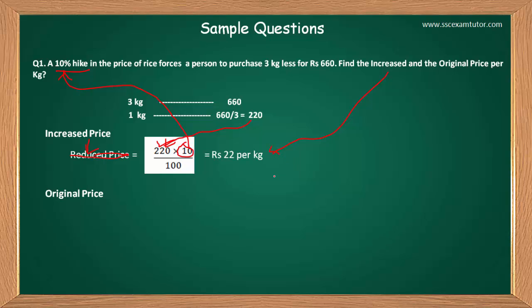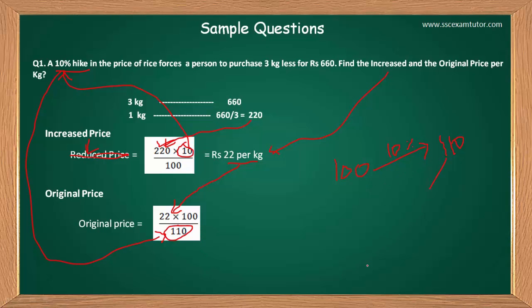अब जब ओरिजिनल प्राइस पूछा जाएगा तो आपको ये इंक्रीज प्राइस पहले निकालना होगा और ये यूज करना होगा ओरिजिनल प्राइस के लिए। तो देखिए क्या करना है, काफ़ी सिंपल है। ये 22 जो कि हमने यहाँ से निकाला, और 110 ये कहाँ से आया, एक्चुअली यही है 10% हाइक। मैं इसे समझाता हूँ अभी, देखिए आप। मान लिया कि आपके पास 100 रुपये हैं और 10% वृद्धि हो जाती है उसमें, 10% इंक्रीज हो जाता है, बढ़ जाता है आपके पास। तो लास्ट में आपके पास कितने रुपये होंगे 110, क्योंकि 10% जो है 100 का वो 10 होता है, तो 100 + 10 110, ठीक है।